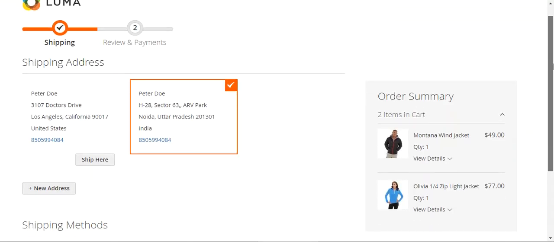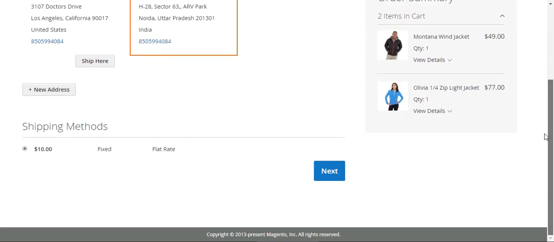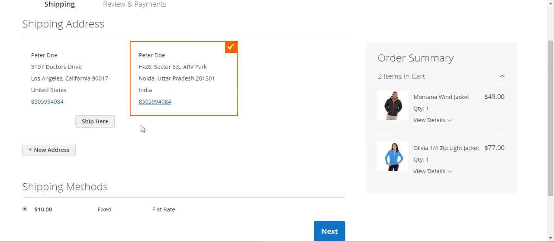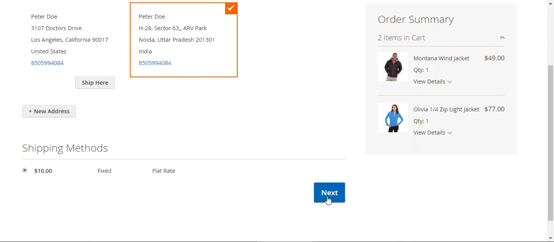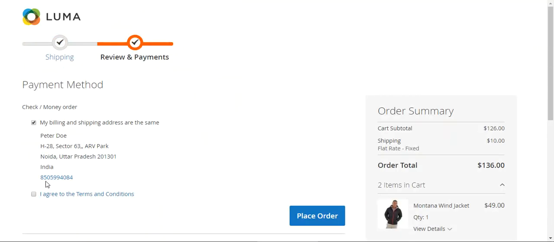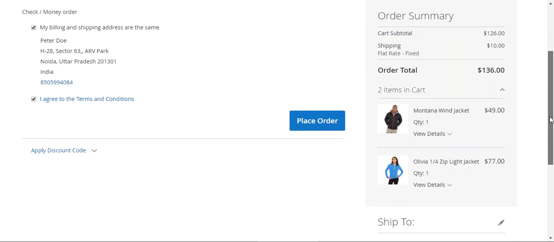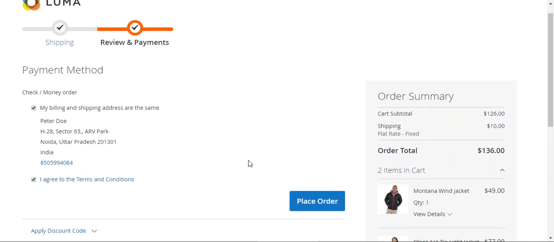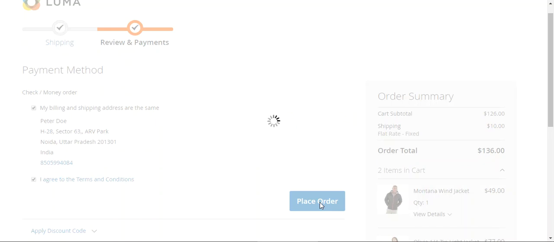So I'm ready for the checkout. Here I've selected my address, and I'll be tapping the next button. And here I'll select that I agree to the terms and conditions. Now before I place the order, the customer would have to verify the one-time password. So let me tap the place order button,